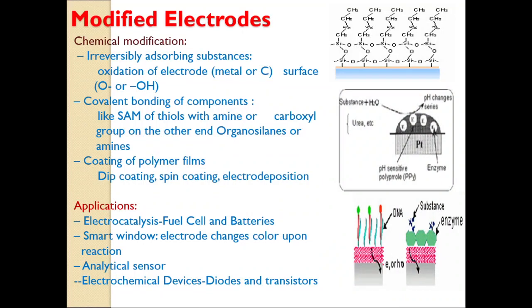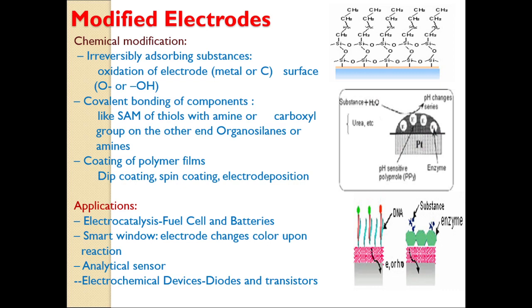So today we are going to discuss the modified electrode. Electrode plays a very important role in all voltammetry techniques. We already discussed three different types of electrodes that are normally used in voltammetry: one is the working electrode, another is the counter electrode, and another is the reference electrode. So there are normally three electrode systems used in voltammetry, and the working electrode plays a very important role because on the working electrode normally the oxidation and reduction takes place.